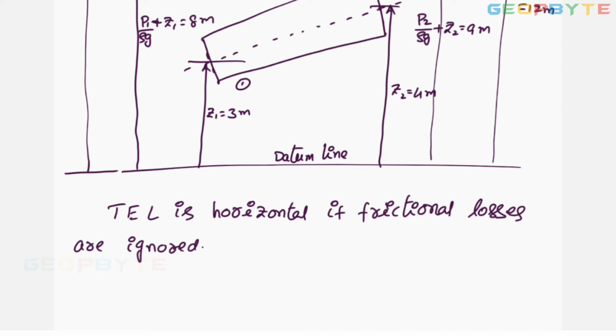Once again, the hydraulic gradient line is obtained by joining all piezometric heads in the different states of the flow. Piezometric head means the sum of the potential head and pressure head. Similarly, total head equals the sum of the piezometric head and kinetic head. If you join all total head points at the different states of the flow, you will get another line. That line is called the total energy line, popularly known as TEL. Hydraulic gradient line is generally called HGL.